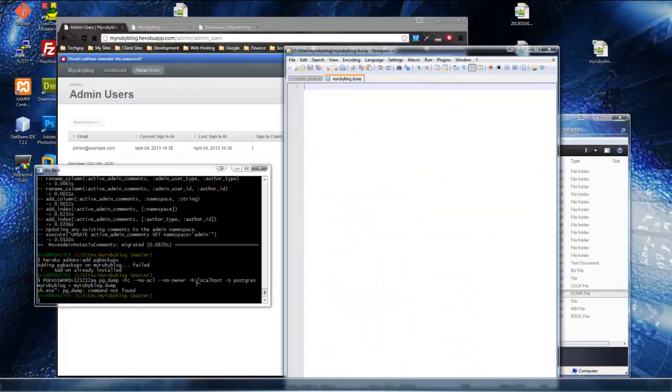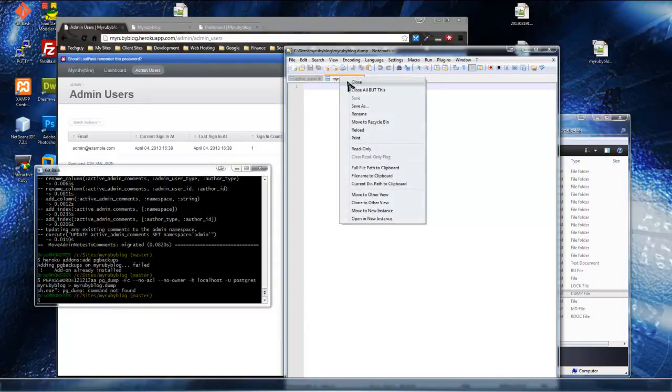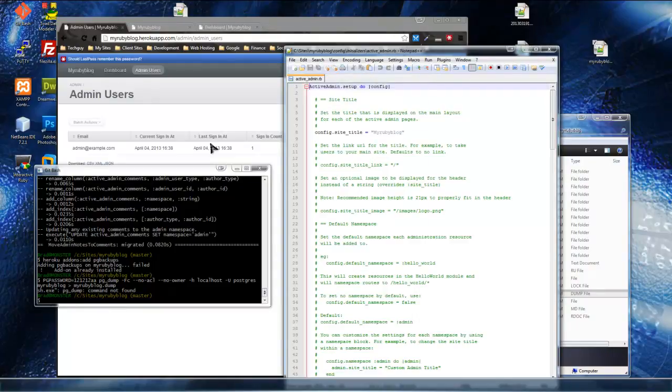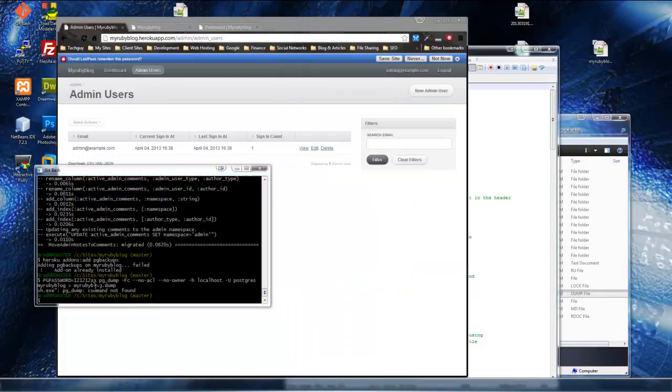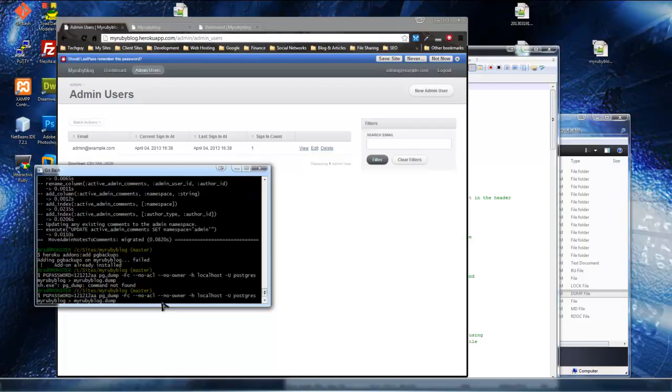You can see it gave us the dump file, but I don't know why it's saying command not found down there, and it looks like it's empty. Oh, I know what it is. On Linux you can do this, just pg_dump, but on Windows I think we have to do the entire path to the pg_dump file. So, oh man, let's press up so we can get back to that screen and go back to this pg_dump and replace that with